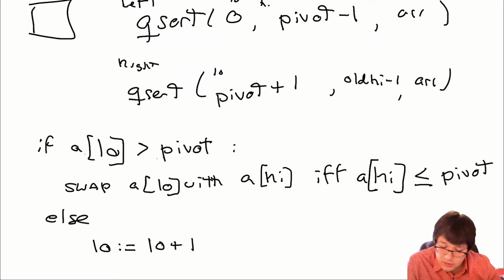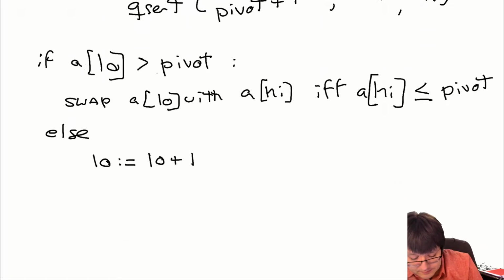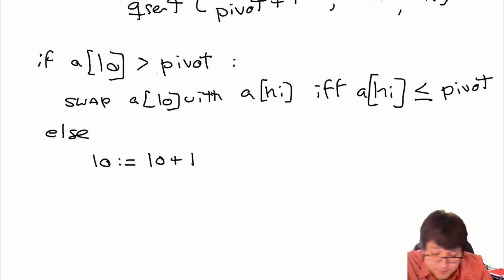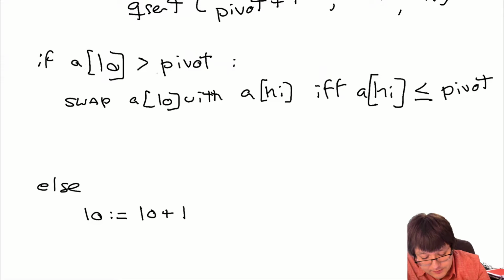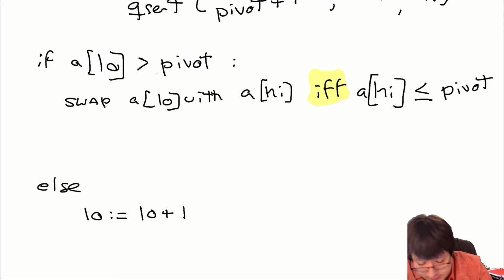Oh, no. You don't want to put it like that. No, this is good. Okay? So, here's the situation though. I'm going to put some space so I can put it. Right? What happens if A low is not less than the pivot? What do you do in that case? Okay? In that case,